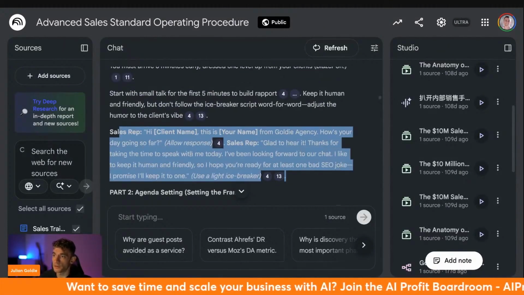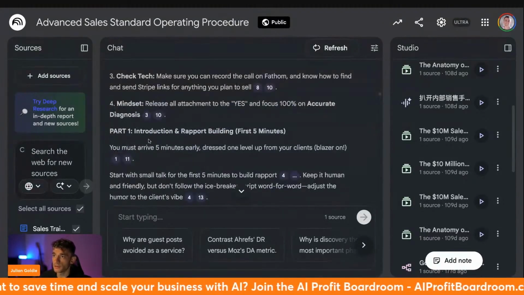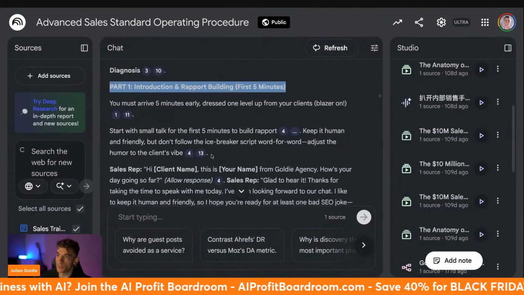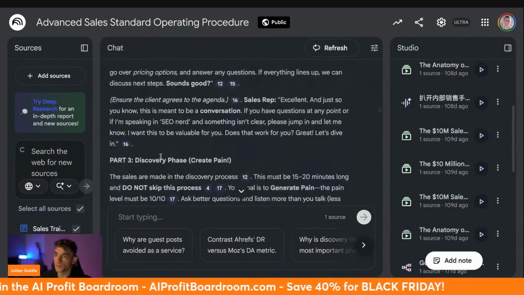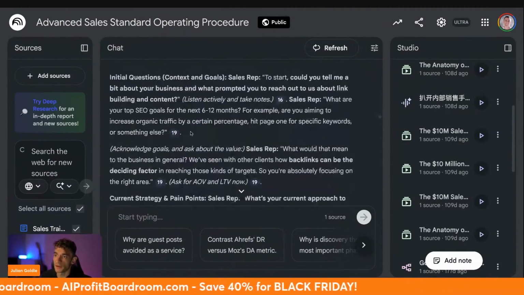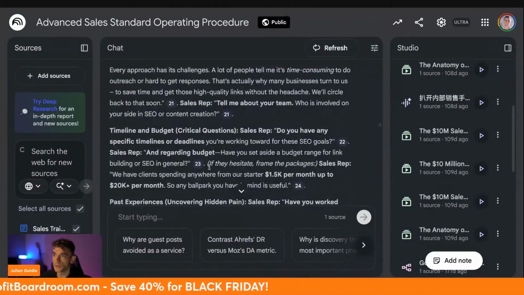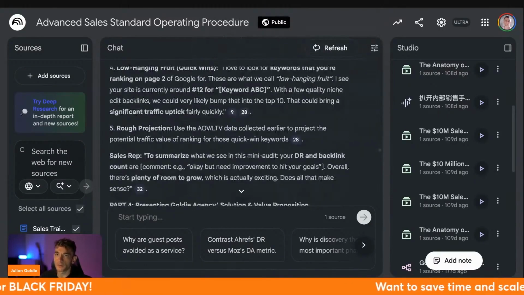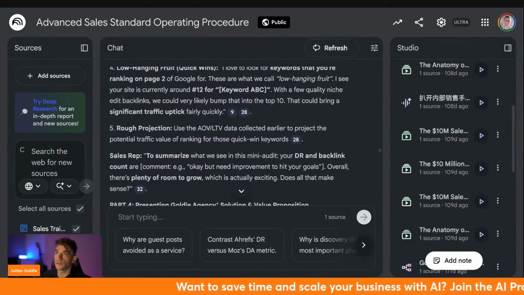Okay, here's what we're going to do. So it breaks it down, not just into what you're going to say, but also the framework, right? So this is the introduction and rapport building section. Then, for example, we have the discovery phase. And after that, we have the current strategy and pain points. And then from there, we have the past experiences and so on, right? It tells you exactly what to say step by step so you can get results. And you can condense something that is 90 pages